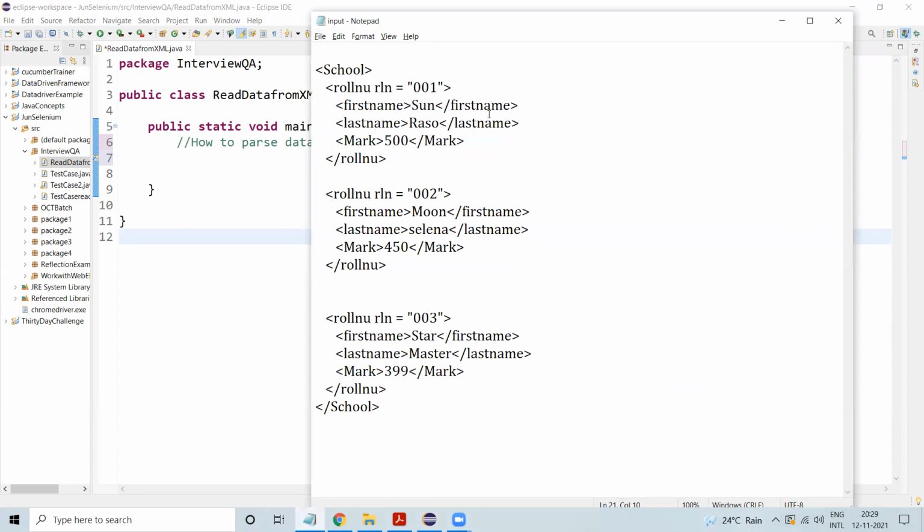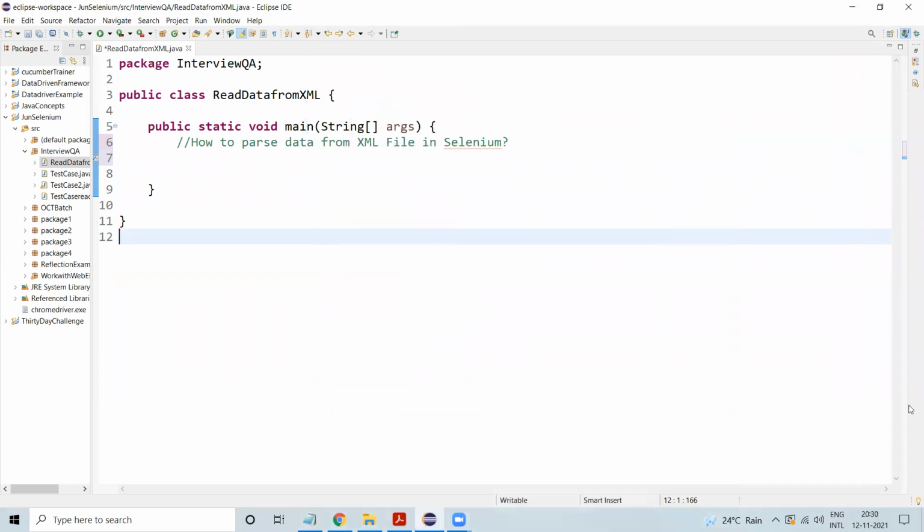I have created this XML file. This is my XML file. I just wanted to read data from this file. Here I have a student list. I want to retrieve the data about the students from this XML file. So you can create the same if you are practicing. Create the same in Notepad and save this as an XML file. Right. Now we'll create a script for how to read the data from this file.